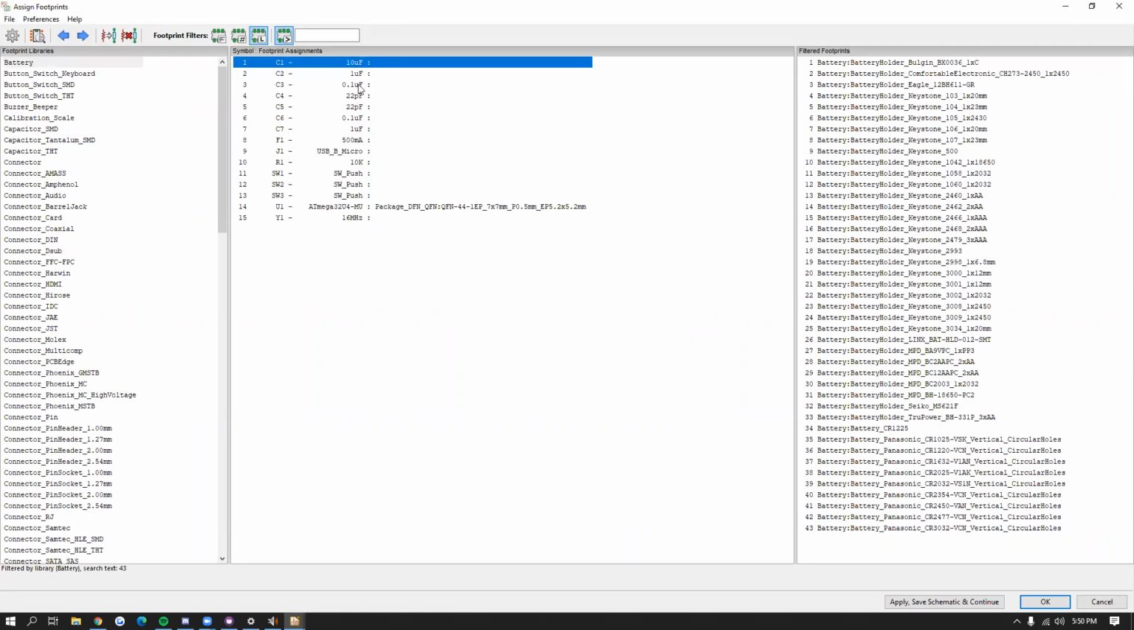So as you can see here, these are all our components we added. There's our 10 uF capacitor. All the capacitors are here, labeled like C. And then we have a resistor here. We have all our push buttons here. Our crystal is here. And you can see already right here, our ATmega chip, the microcontroller, is already assigned to